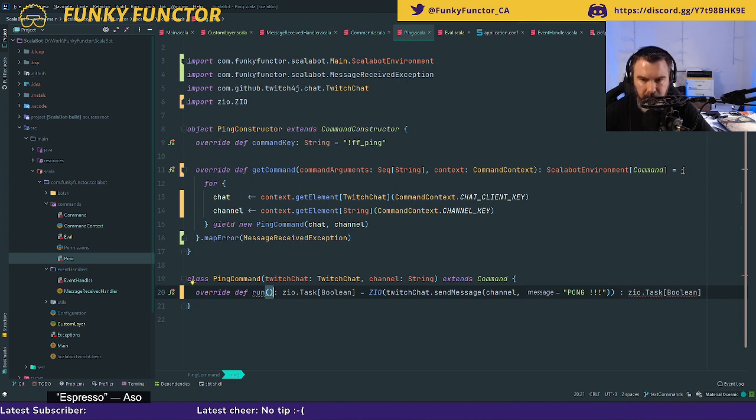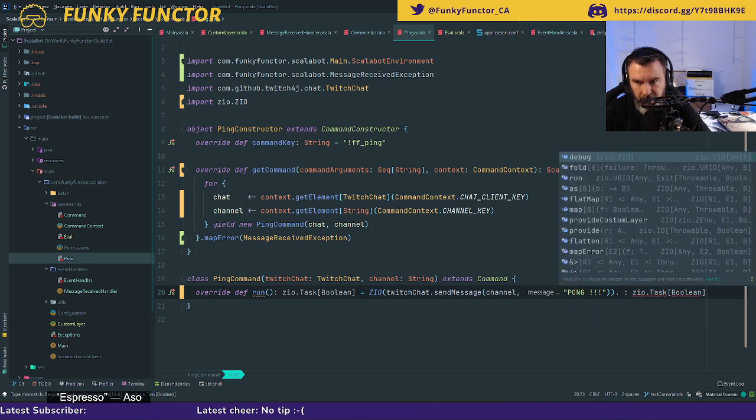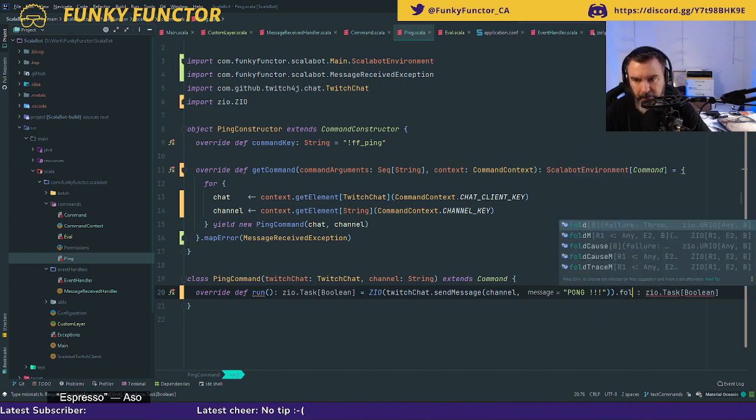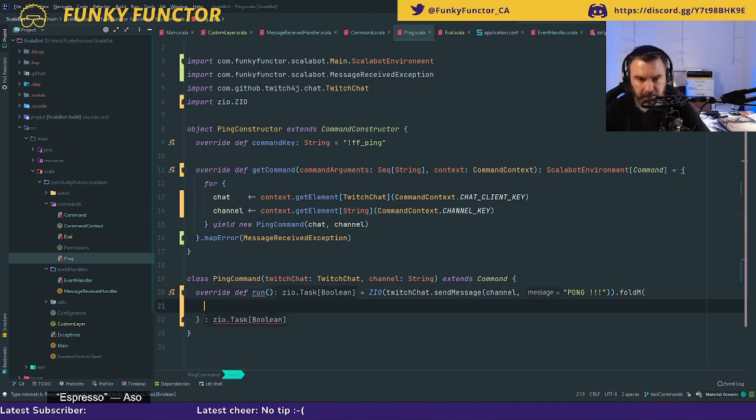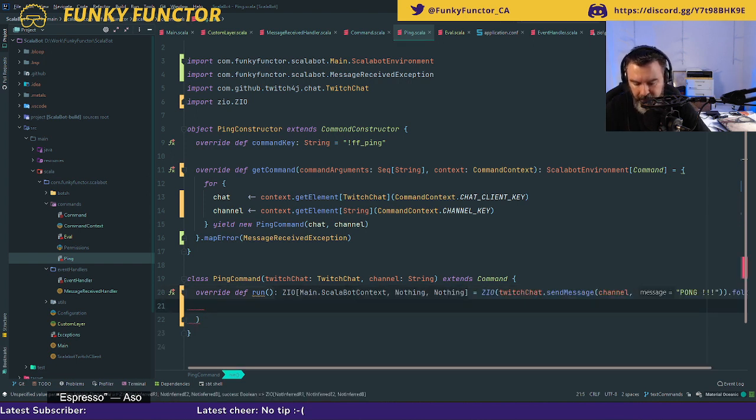Right now it returns a boolean, which is not exactly what I wanted to do. So let's do a fold, same thing as before. And if I have an error, I'm going to do a log.error, and I'm going to say,